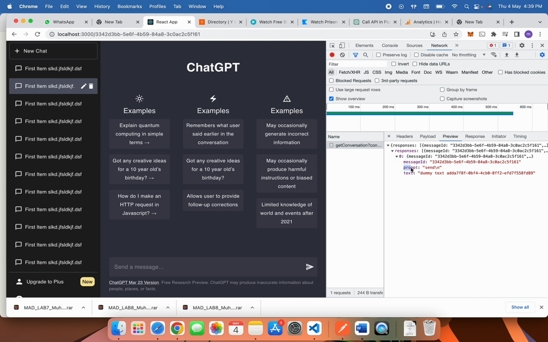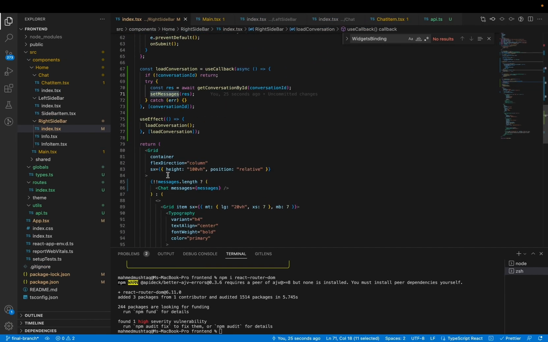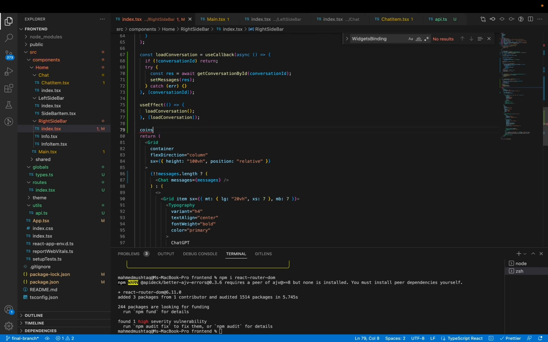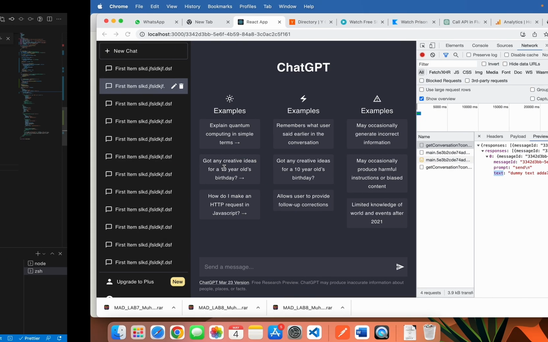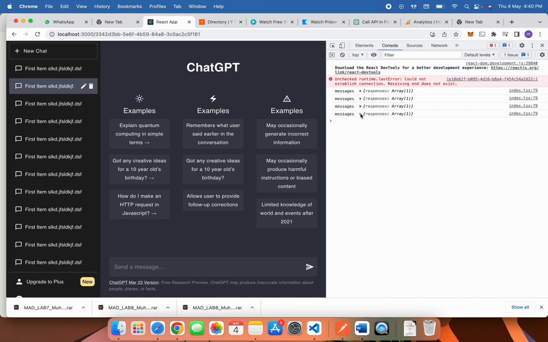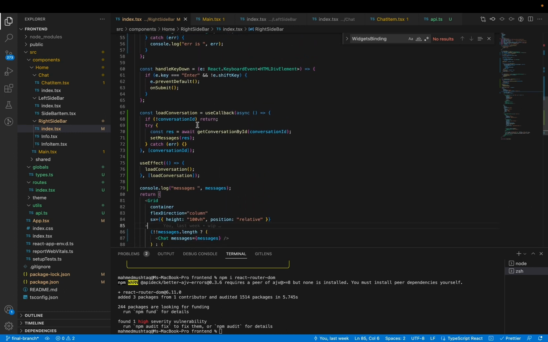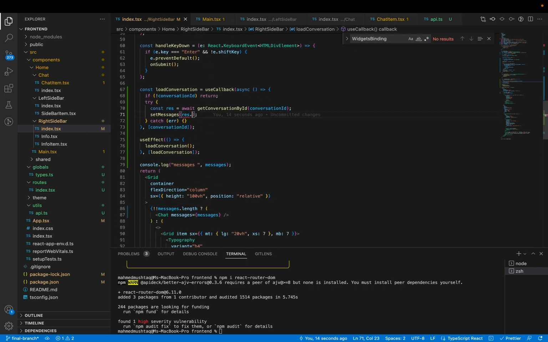You can see message ID from text, set messages, also messages dot responses. Go to here, set responses,